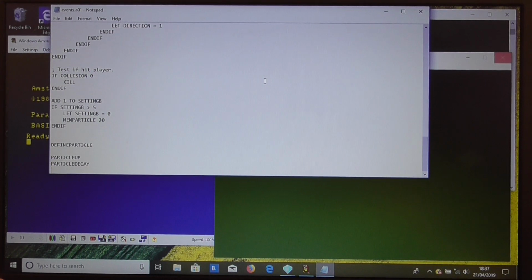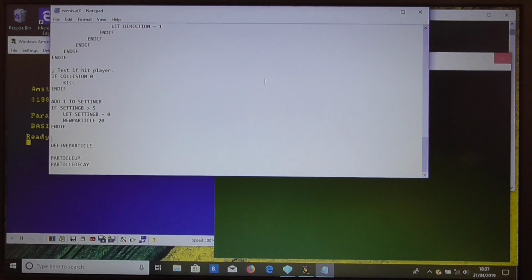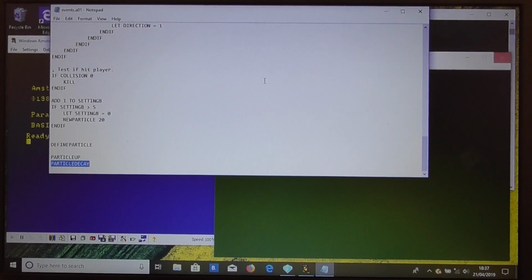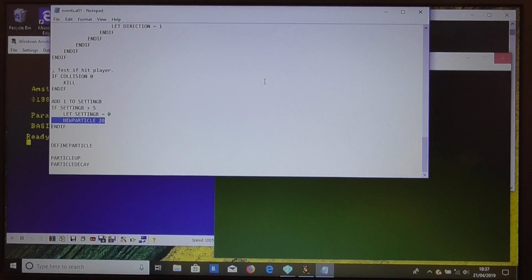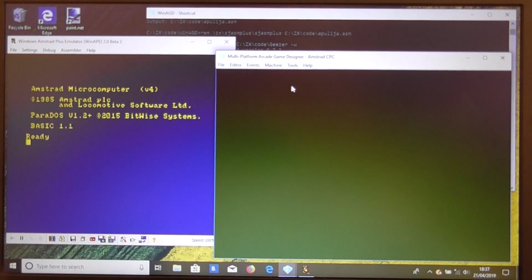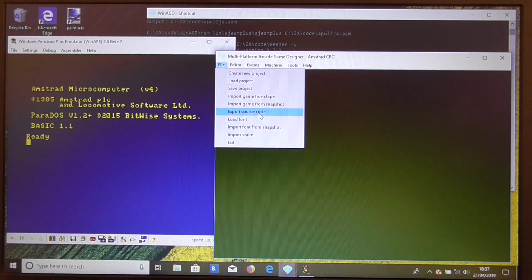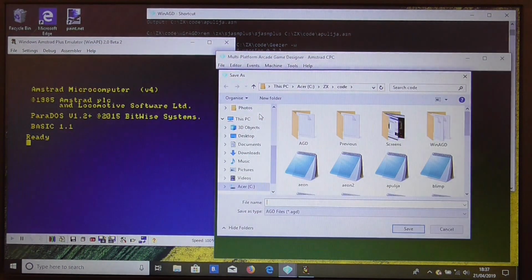And that's important because we are using particle decay. So with new particle 20 and particle decay, we know that that particle is only going to remain on screen for 20 frames, and then it's going to be removed. So that's all the code we're going to write for now. So we just close that, export our source code,